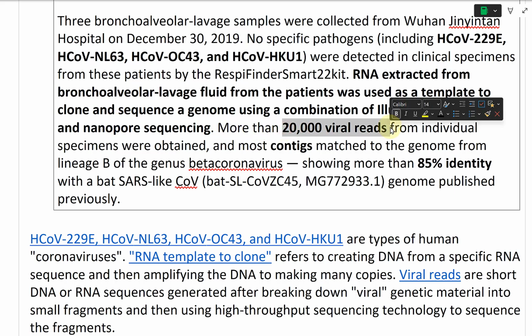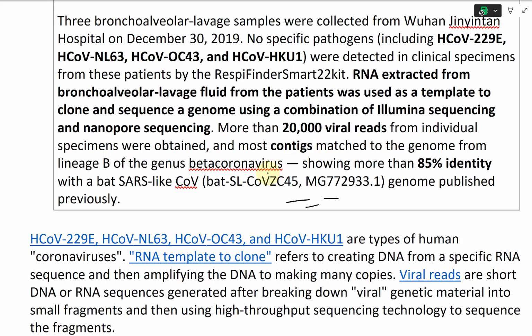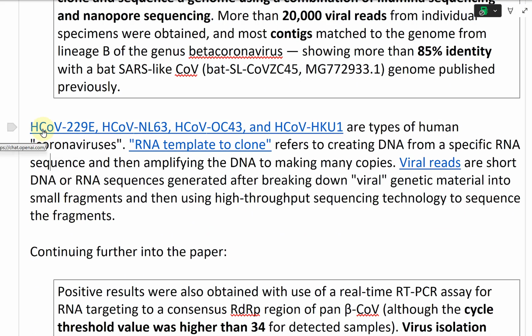And they got 20,000 reads, and then most of the contigs, or the continuous sequences, from those. So you have all of the sequences, and then you'll make a continuous sequence from all these overlapping ones, and then you form that into one giant sequence. It's a contig, or that's contiguous. So match the genome from lineage B, and that shows 85% identity with this bat SARS-like CoV. All right, and again here these types of